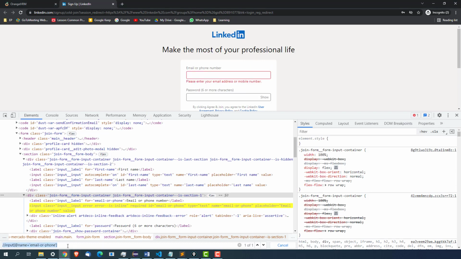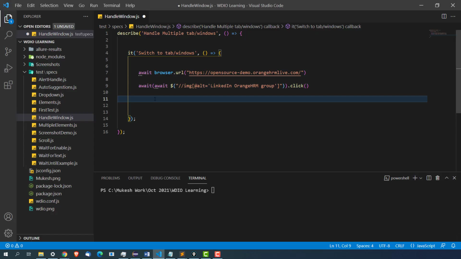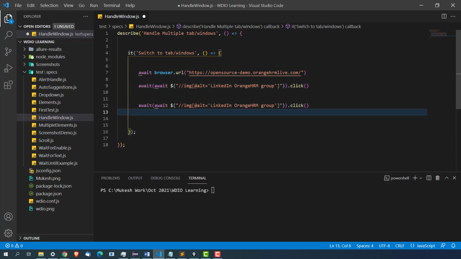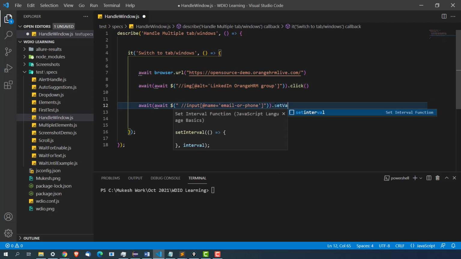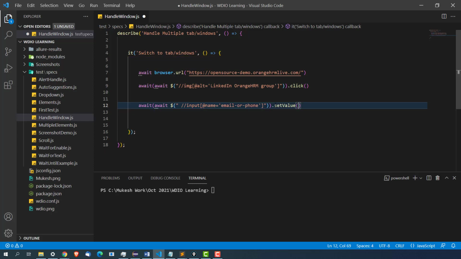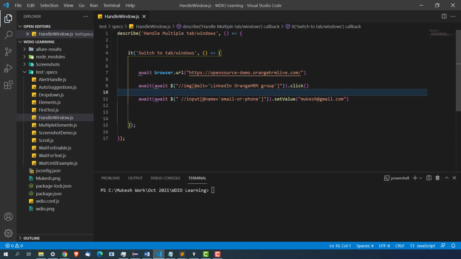So let me copy this, let me go back, and let me use it again. So I will be using set value. I will copy paste this, replace with this, and let's say I want to type something. So I will say set value, and I want to type, let's say, mukesh@gmail.com. In this case, obviously it is going to fail, because WebDriver will try